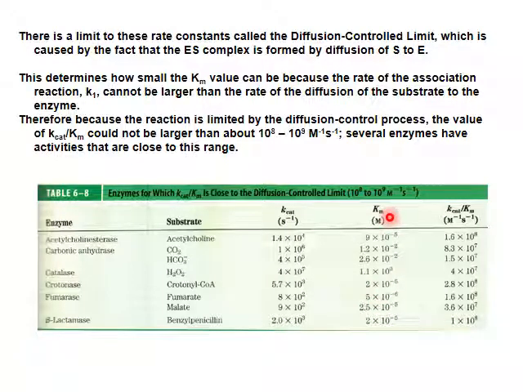Which enzyme is able to catalyze, get 1/2 Vmax with the lowest substrate concentration? We want the Km with the smallest value. And so 5 times 10 to the minus 6, that's the smallest value in the table. And so that's going to be the one that has the lowest substrate concentration to hit 1/2 Vmax. And that's in the case of using fumarate as the